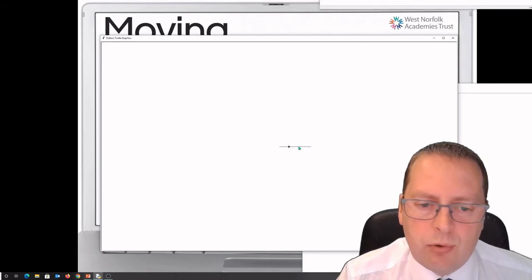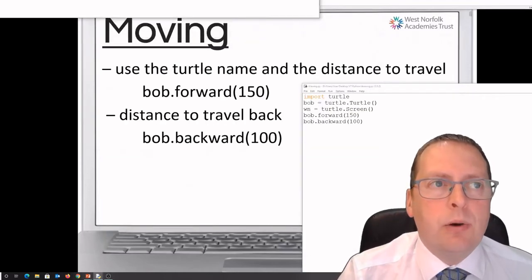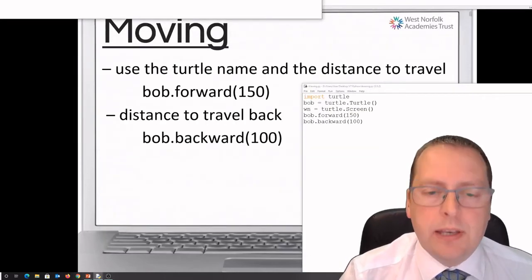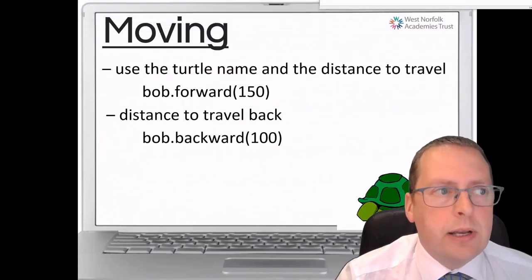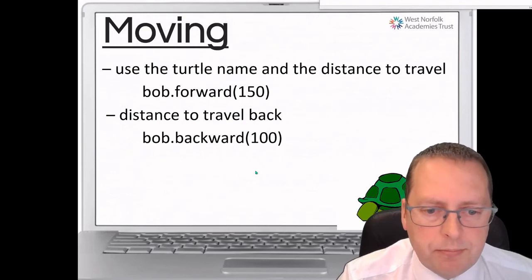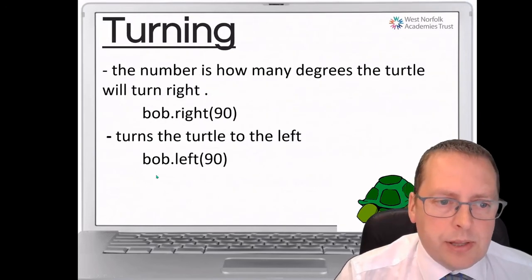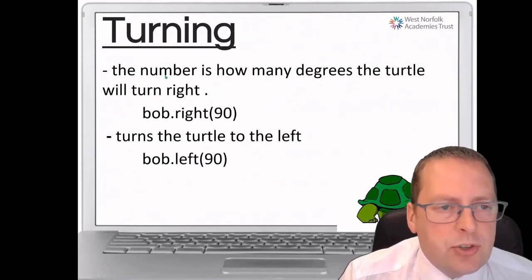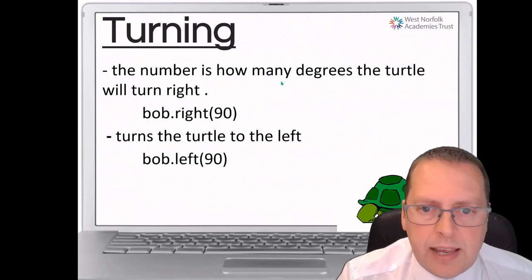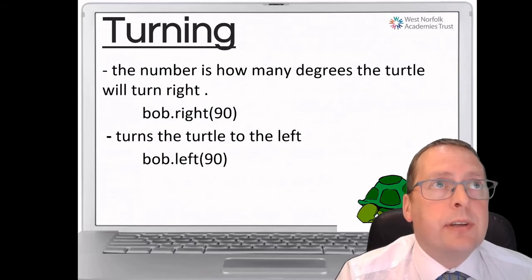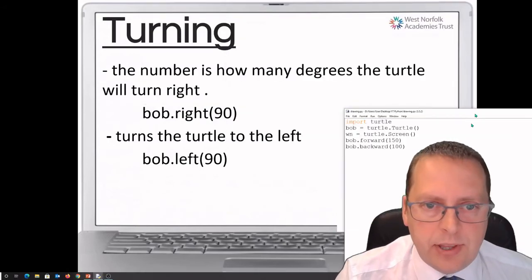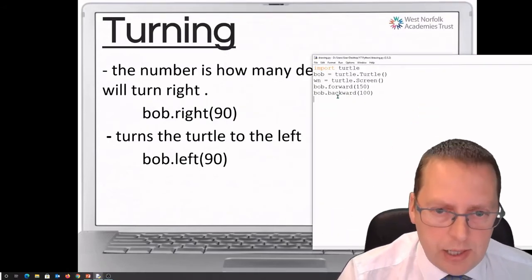We can see that I've drawn a line. I've gone forward and I've gone backward. So that's exactly what we wanted to achieve in our turtle so far. We can see that I've drawn a straight line and gone backwards. The next stage is changing our numbers to say how far we want to turn right or left. So what I'm going to add to this is a